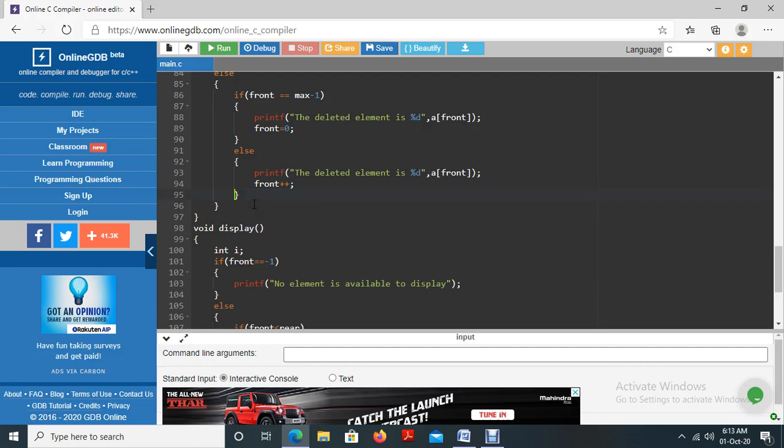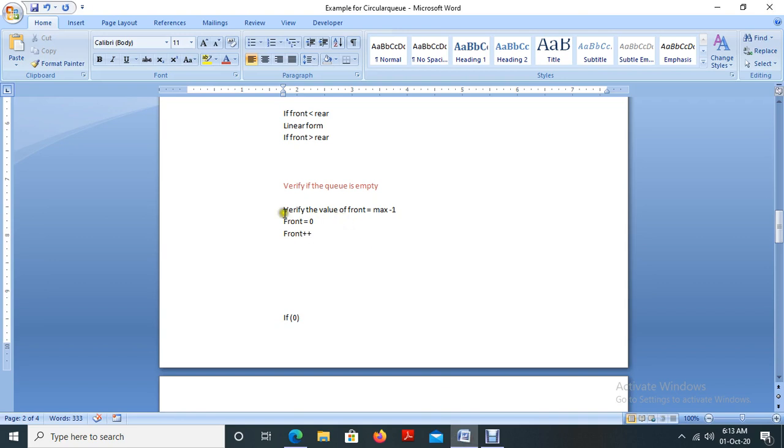So these are the cases. So verify front equal to maximum size of the array minus 1. If the condition is true, front equals 0, that we completed. If the condition is false, it's a normal case of deletion. Front is incremented by 1.